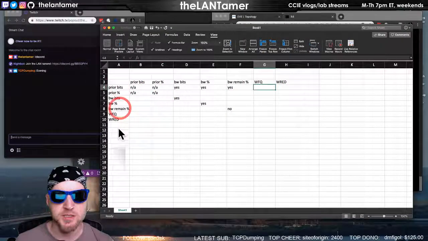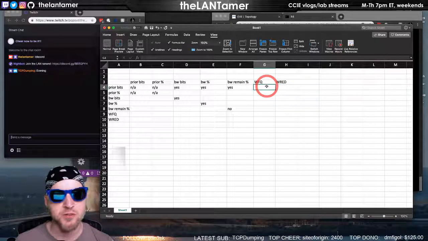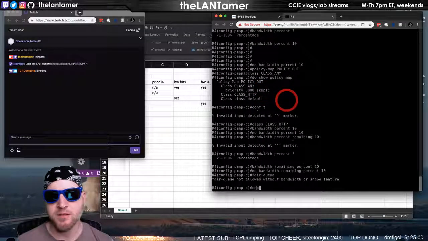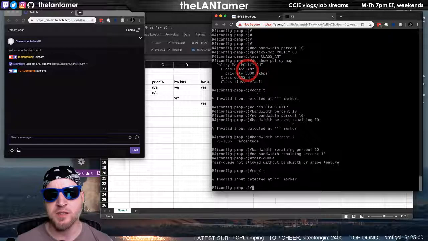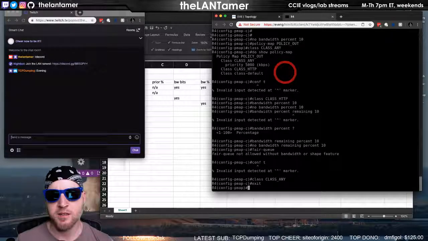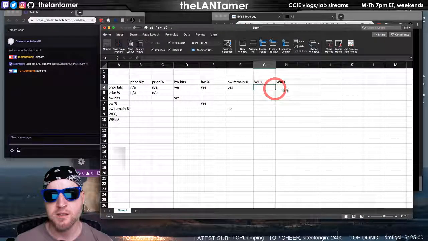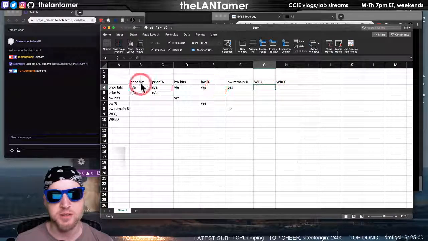Shaping works with all of these, but the WFQ needs to know that you're using shaping. So we're going to say class. Oh, that's interesting. So what if I do class any? I will come back to that. Weighted fair queuing is a little bit of a different beast, right?